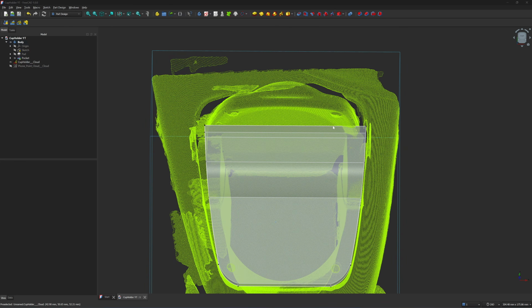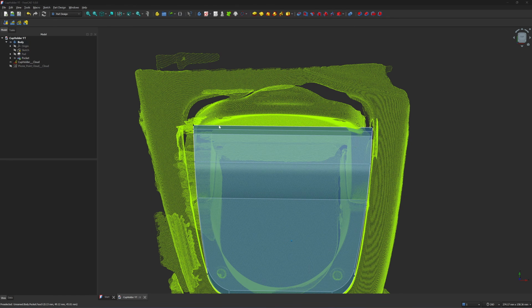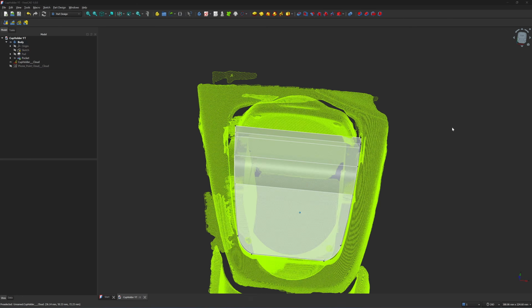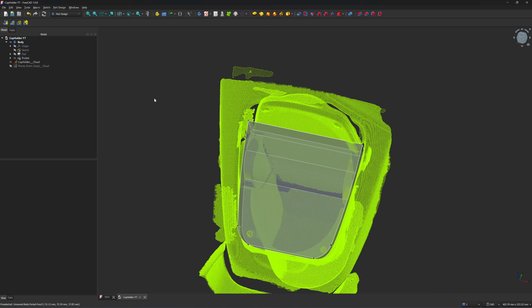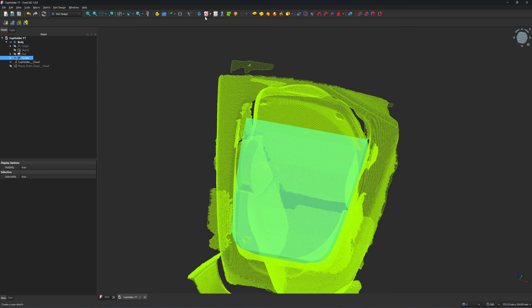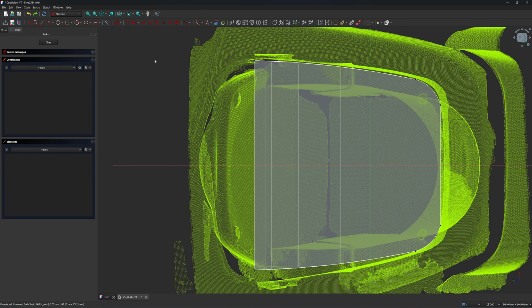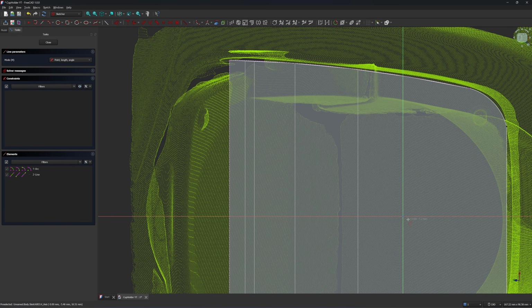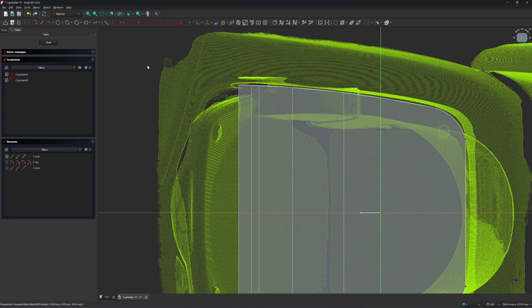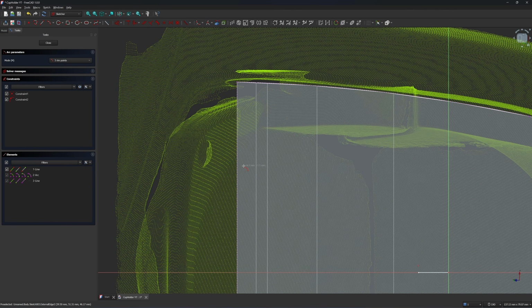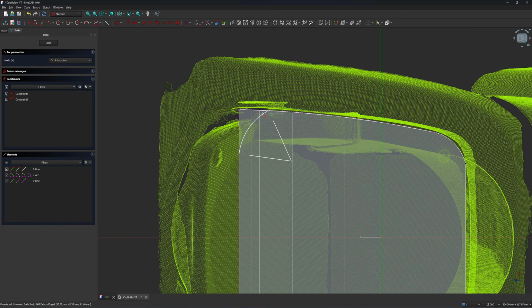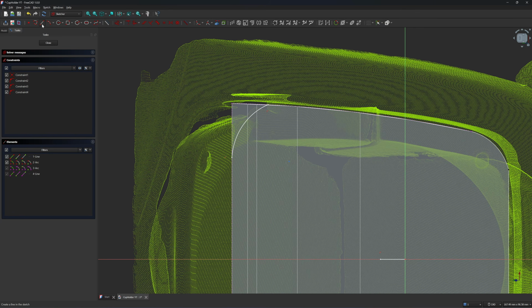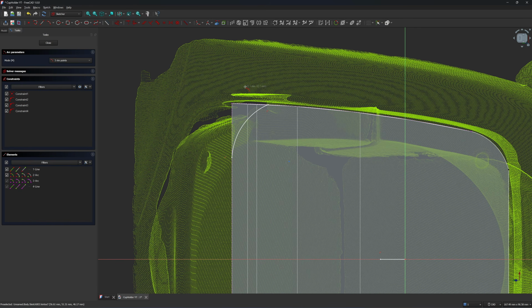Next I'm going to cut the curve here because it's clashing with the lid, so I will do the same thing. I click on the plane here and then click on the sketch. Next I'm going to do the same thing, create external geometry, this line and this line. Okay, and then I'm going to make a mirror axis, and then I'm going to create a 3-point arc. I'm going to trim it from here to here like so, and I'm going to create a 3-point arc